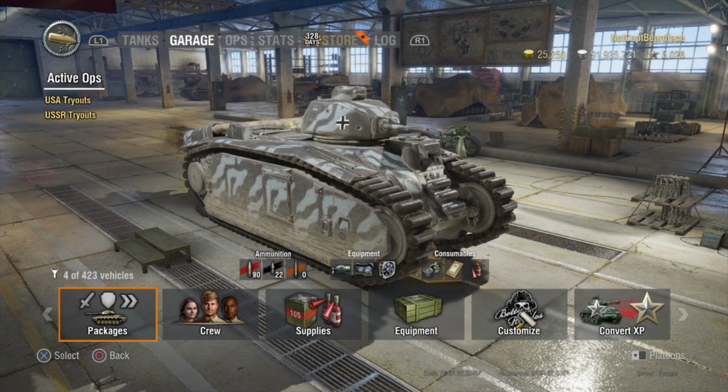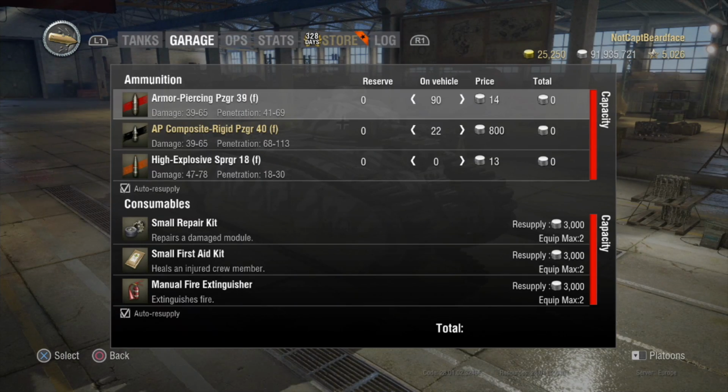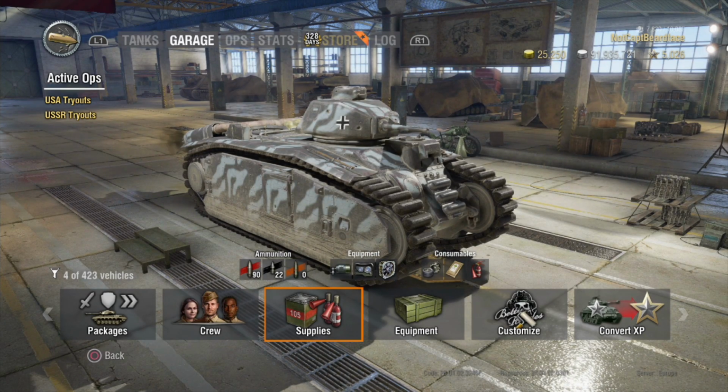Now, what was I saying? Differences. Well, no, let's go into the supplies. Right, well, very, very cheap as you'd expect. 14 for your standard, 800 for your APCR, and again 13 for your HE. And again, I've just put the small sort of consumables on here because I've already got a brilliant crew with